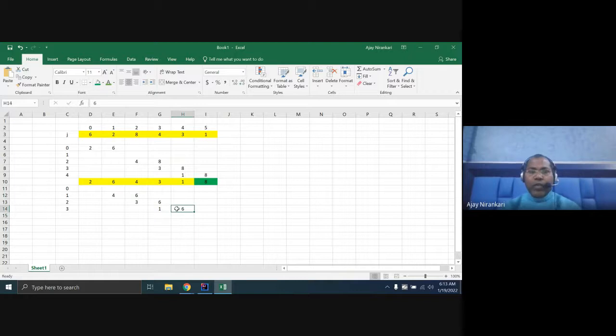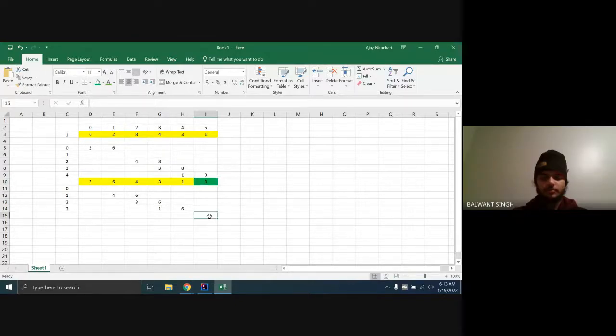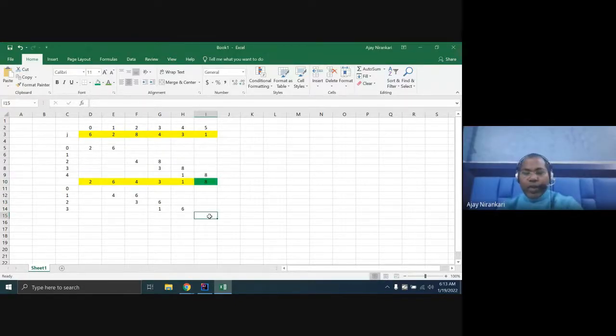And now you don't need to check this with the last element. You know, last is already max. So now your array becomes like this: 8, 6, 1, 3, 4, and 2. So whenever you run the second loop, your array becomes this.